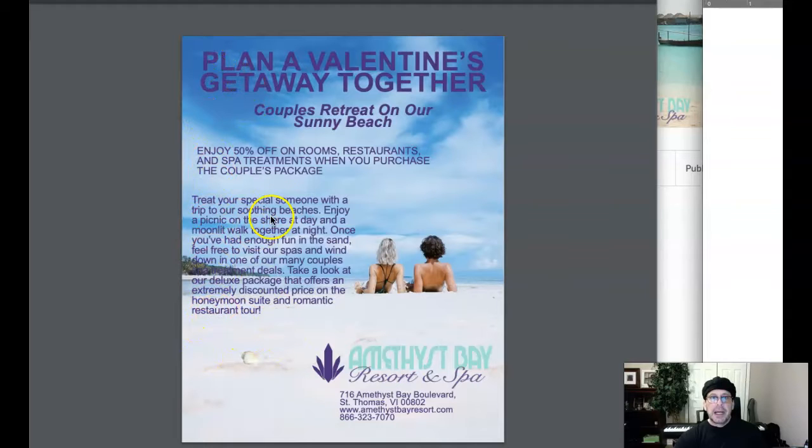At that point, I would not present this type in all caps, because I almost feel like I'm getting yelled at. The type is very, very aggressive, and you're talking about a relaxing couples retreat. So we don't want to be quite so aggressive in the presentation of the type. I think this type here